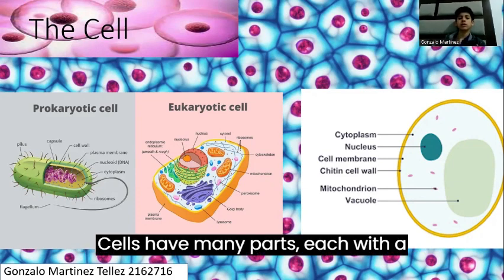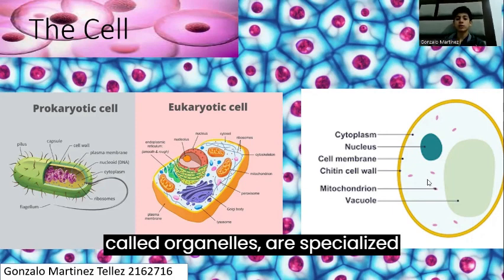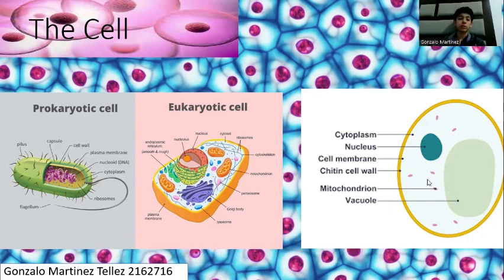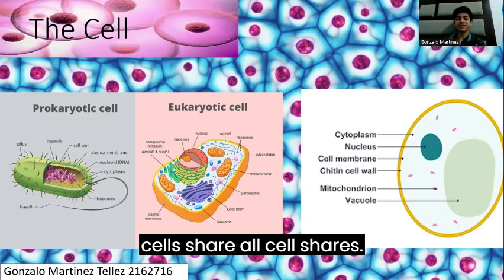Cells have many parts, each with a different function. Some of these parts, called organelles, are specialized structures that perform certain tasks within the cell. What do all cell types have in common? All cells share